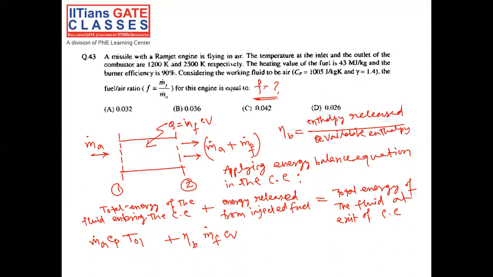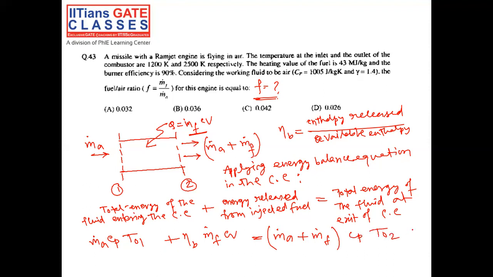Now this is the total enthalpy of the fuel which was injected, but the entire enthalpy will not be available for the combustion process. So the combustion process, the enthalpy released from this injected fuel would be eta b into the available enthalpy, right? Total available enthalpy. So this is the energy released from the injected fuel, and this will be equal to the total enthalpy of the fluid at exit of the